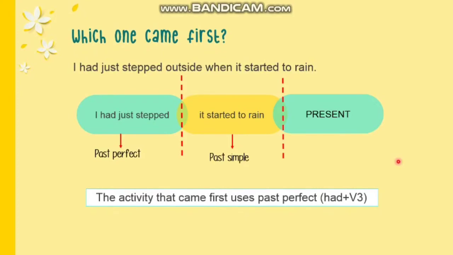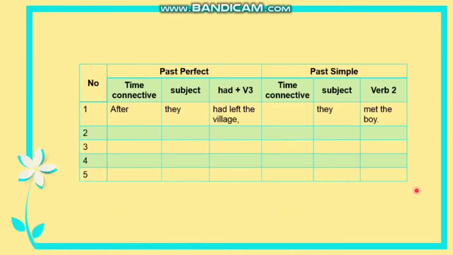Jadi kita bisa tahu yang mana kejadian yang duluan atau yang pertama kali terjadi itu adalah yang menggunakan past perfect. Jadi dalam kalimat ini yang pertama kali terjadi adalah I had just stepped karena dia menggunakan past perfect gitu ya. Ini kesimpulannya, that's the conclusion. Oke, kalau ini tadi diambil dari